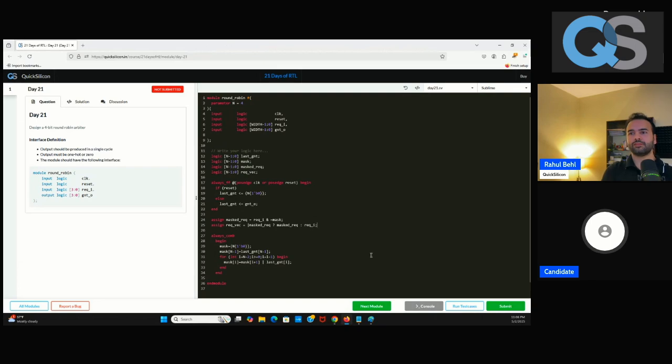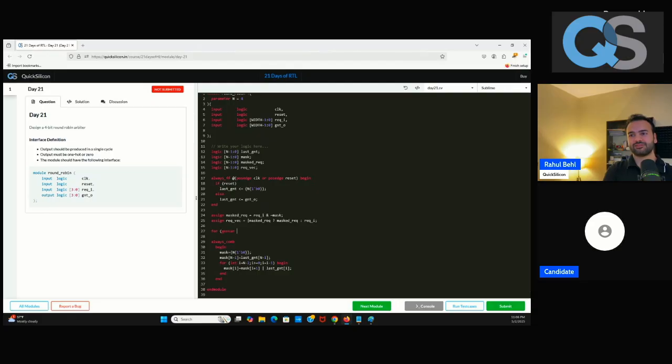Yeah, now for my grant logic, I would do that again inside the always_comb, but I am trying to learn how to use the genvar, which I learned from your course. Let me give it a shot. I'm not sure if I use I here and I here, will it conflict? So let me just use J to be safe. We'll probably start from one, right? J is equal to J plus 1, begin, end, and before that, grant O of 0 is